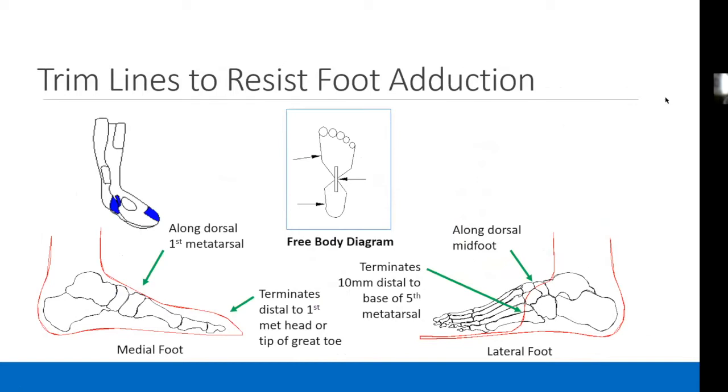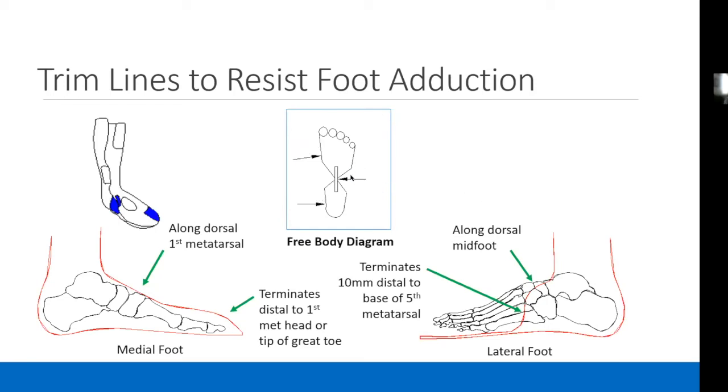Trimlines to resist the foot adduction. So this is 3-point bending, just opposite to what we said before for valgus, where we have the forefoot attempting or trying to abduct with the pronated posture. With the supinated posture, sometimes we have an adducted forefoot. And so this is the same, but different. It's forefoot adduction and 3-point beam bending, simply supported beam in the transverse plane with these pressures intended to resist